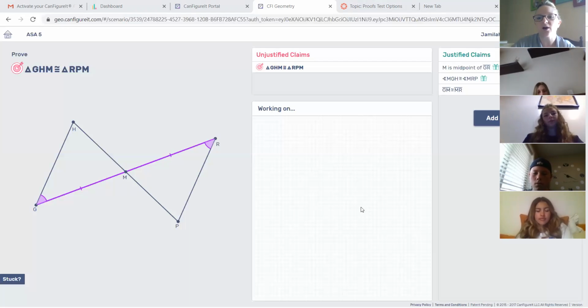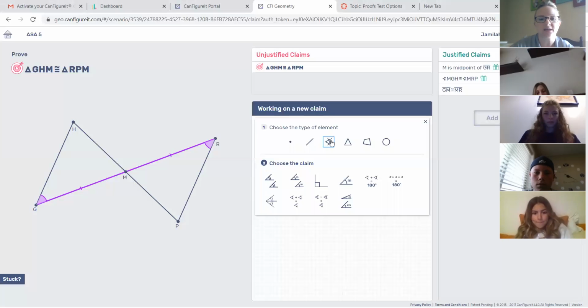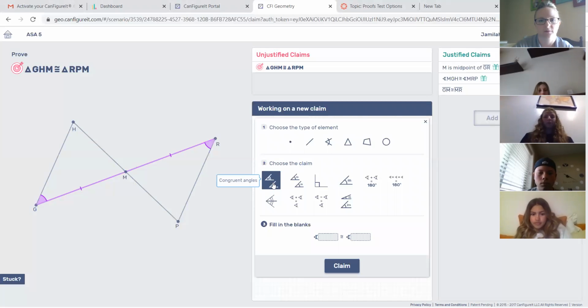Okay, so now I'm gonna add a new claim. And my claim doesn't have anything to do with a point or a line segment or a triangle or a quadrilateral or a circle. It has something to do with an angle. And I want to say that two angles are congruent. Which angles do we think are congruent? This guy,